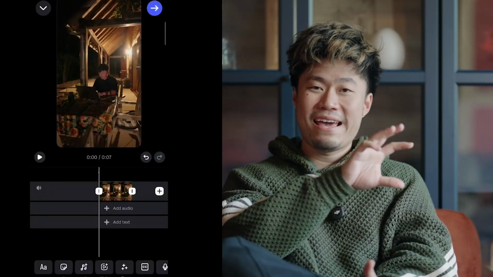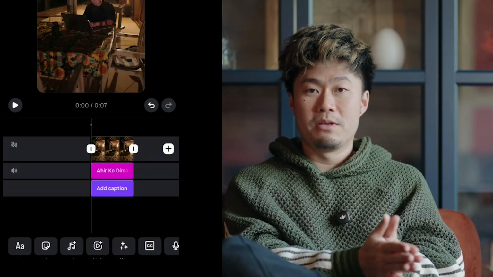But then the point is, you want to record a library of yourself with different emotions, right? Like you looking happy, you looking excited, you looking upset. So then you have a library of B-rolls of yourself. That way, every time you have an idea, it's so fast to execute, because now you have all the footage in your folder. So you basically just put the B-roll on, add the caption, put trending music on top of it,